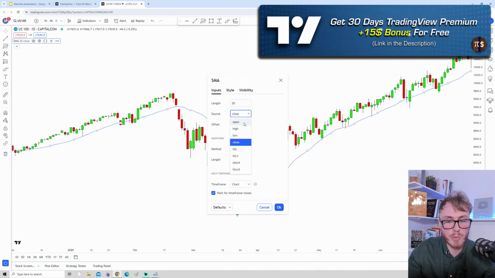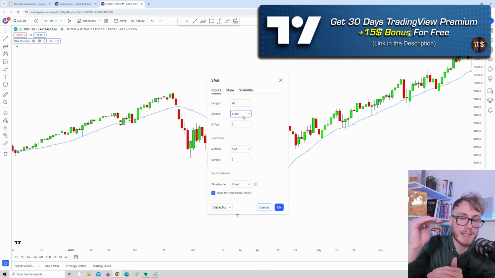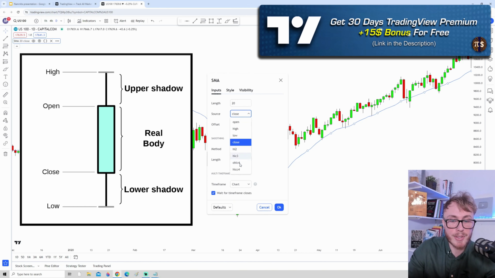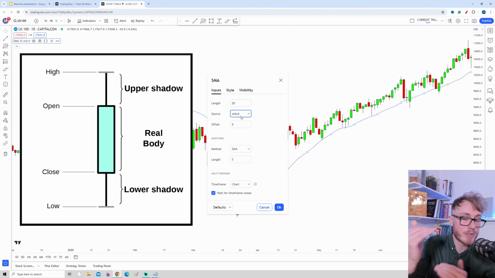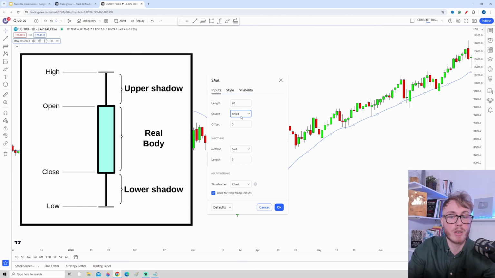Here on source, we have a few different settings. The close here basically means that the moving average bases its calculations on the closing prices, but you can change this setting. For example, the OHLC4 here will make it so that the moving average bases its calculations on the open, high, low, and close of the candle. This is a pretty common setting, but the most common one, especially for moving averages, is actually to use the